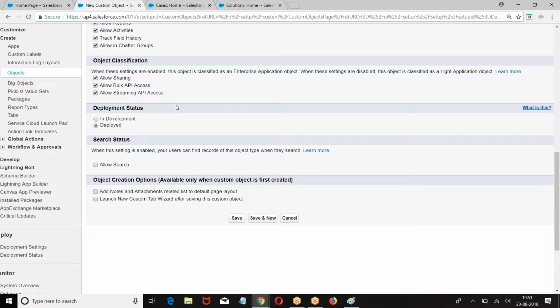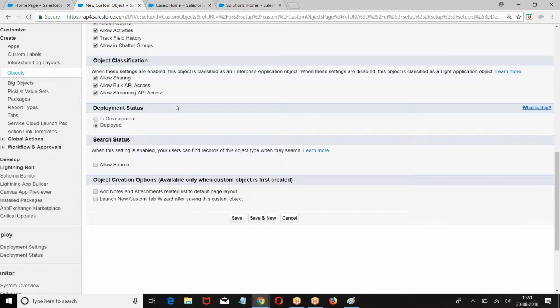Administrator. If I say deployed, the process of creation of the object is done, and everyone can see this object according to the security model of the object.